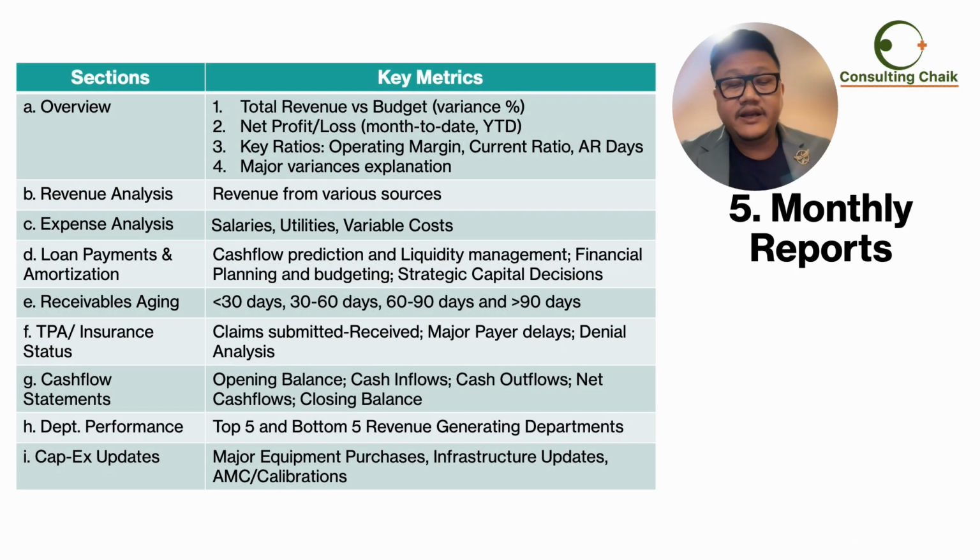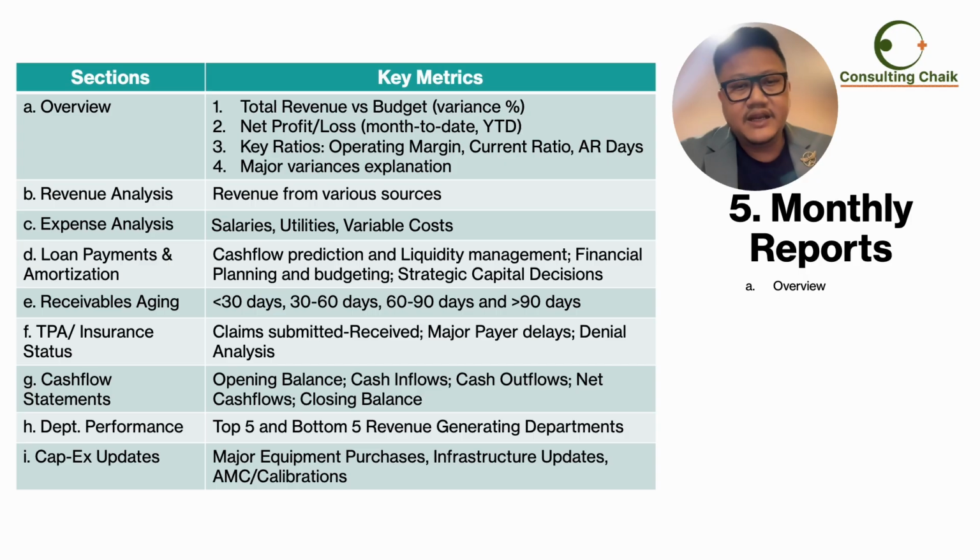You go on tracking your daily finances, and at the end of the month, you need to have a bird's eye, overall view of what had happened. So first is the overview. In overview, you see your total revenue versus budget. So what was planned and what happened in actual, you have to compare that. Then your net profit, whether you have made a net profit or it was a loss. So the whole month, what was the ultimate outcome?